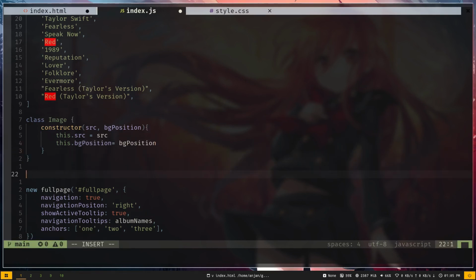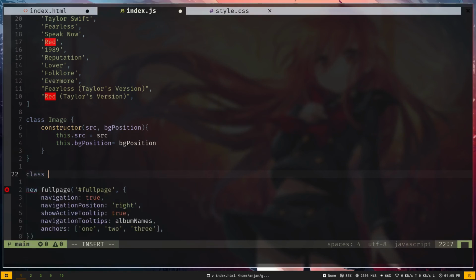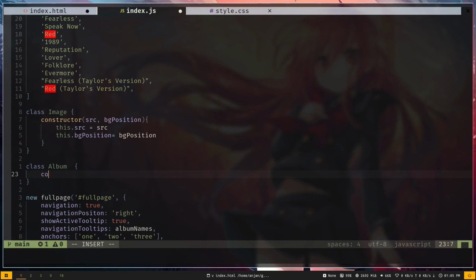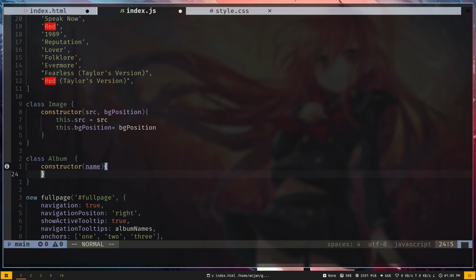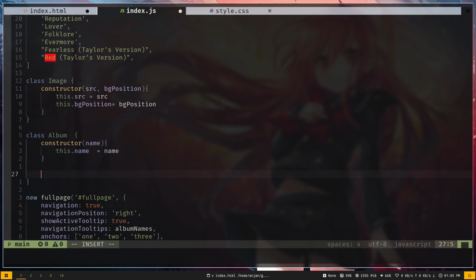Let's create the album class. So constructor, it will take a name as a parameter, and this.name, and the name will be the title of the album actually. So then name, and also this will have a method called addImages,